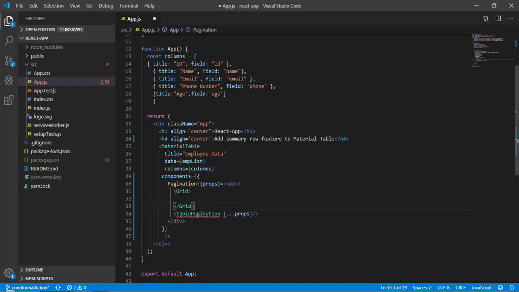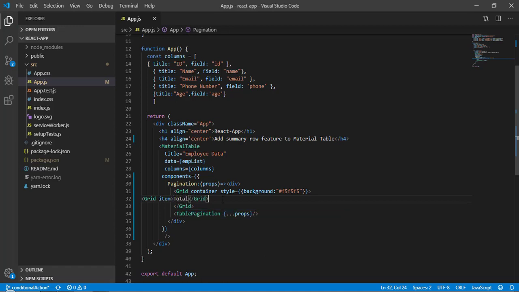I will call it a container, and here let's add some styling: background, and let's provide the color F5F5F5. This is going to be a container, so inside this container I will design two more. Here the Grid is going to be my item, and here I will write total.